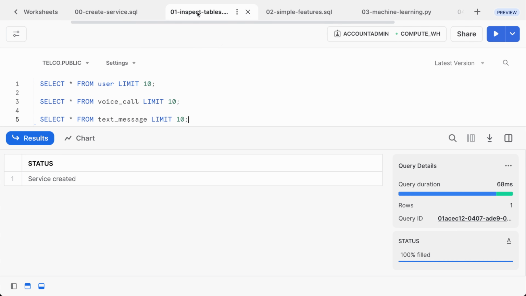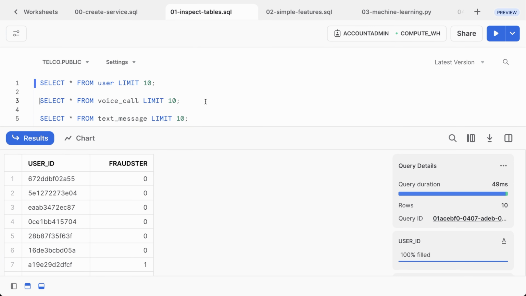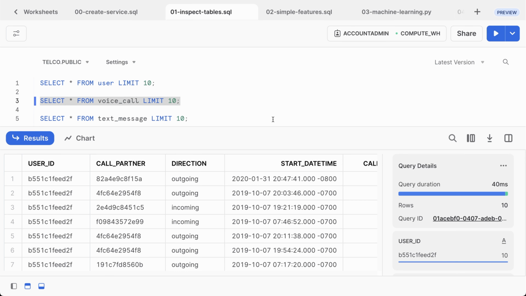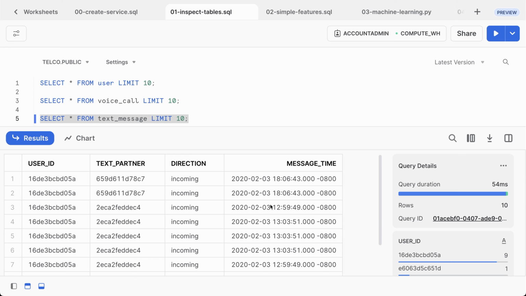We'll be working with real data that was released by a large telecom provider in 2020. It contains a table of featured user IDs along with a flag indicating whether each featured user has been involved in fraudulent activities. It also includes tables showing the users that were involved in the voice calls and text messages that each of those featured users sent or received over a 6-month period. This kind of data is a natural fit for Snowflake given the scale of the data and the importance of